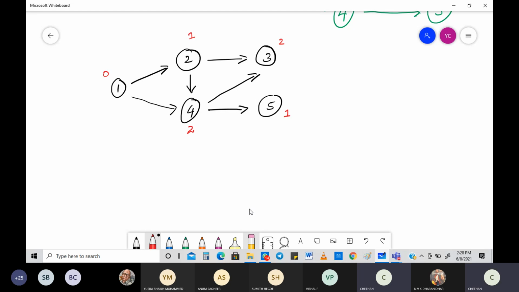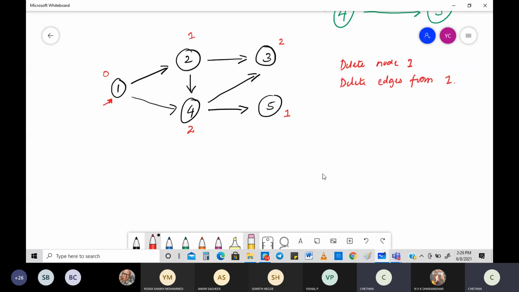Okay, now the next part. What is the next part? We need to figure out where we have the in degree equal to 0. The in degree equal to 0 is in terms of the node 1, right? So what you are going to do, you are going to delete the node 1. That's the first thing. Is that the only thing? No, you are going to delete all the edges also, edges from 1. That's very important. You're going to delete even the edges that are originating from 1. Why are you deleting 1? The in degree is 0. Keep that in mind.